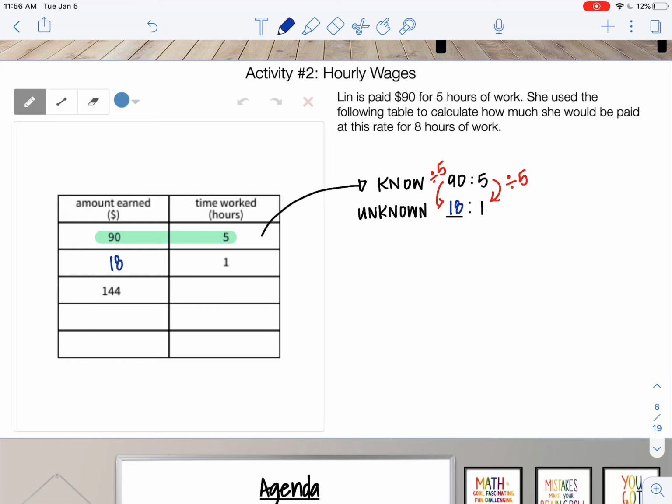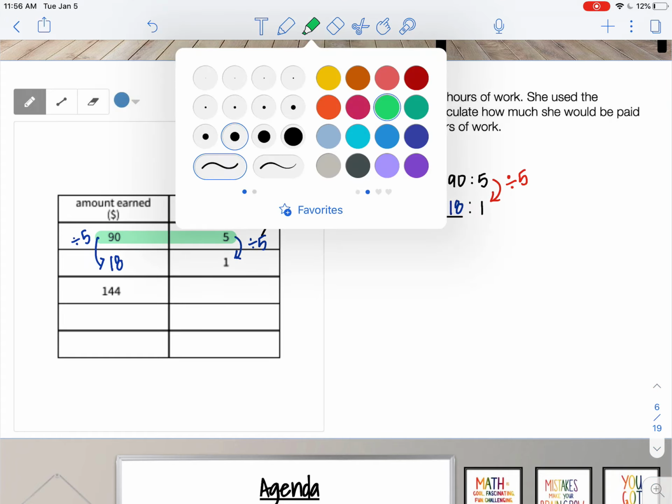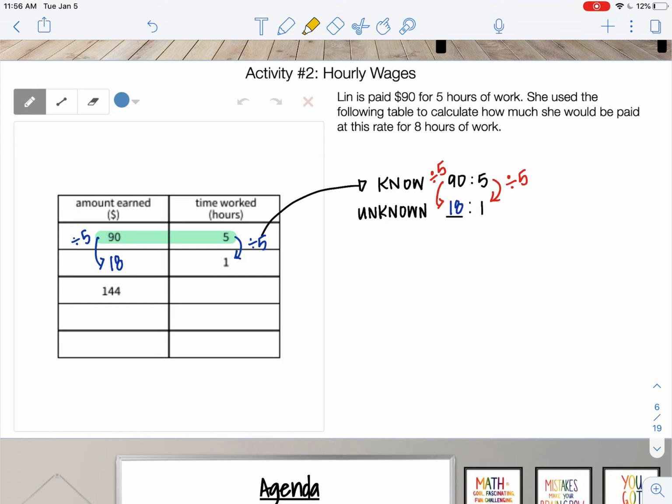I don't necessarily need to pull the ratios out of the table. I could see here that I was simply dividing both sides by 5, but sometimes it can be helpful so I can remind myself that I'm working with equivalent ratios. Now, our next ratio is 144 to something. Remember, I can use either of my known ratios, 90:5 or 18:1, to figure out what belongs in the missing